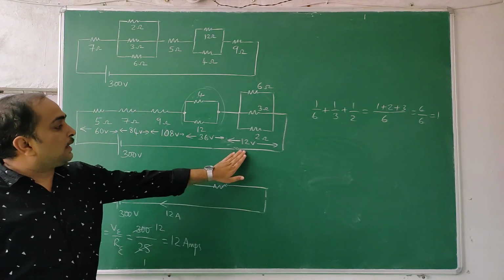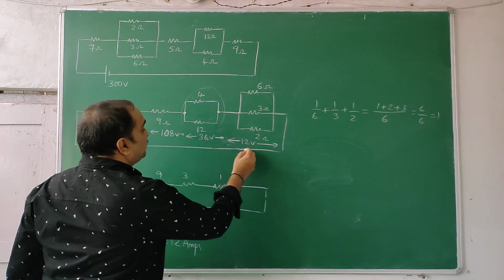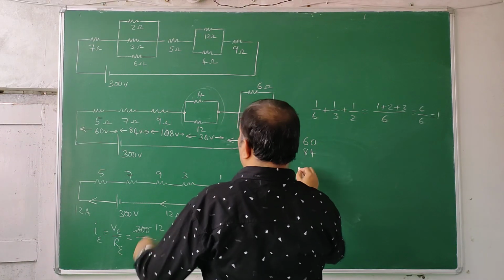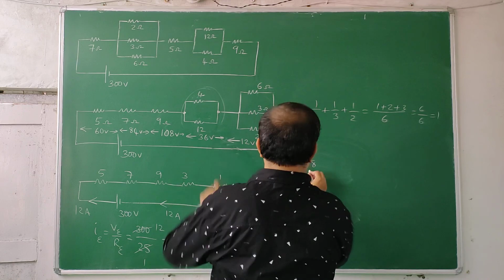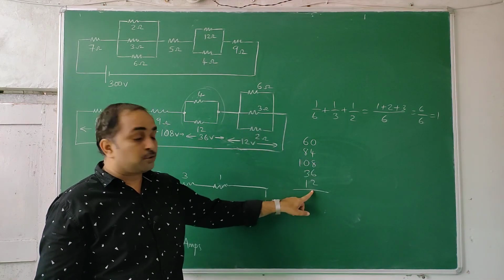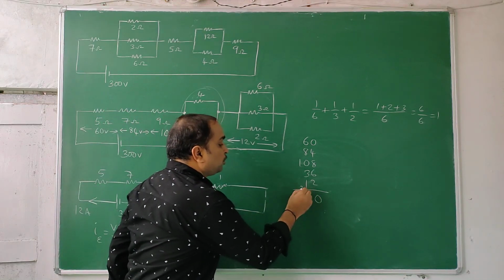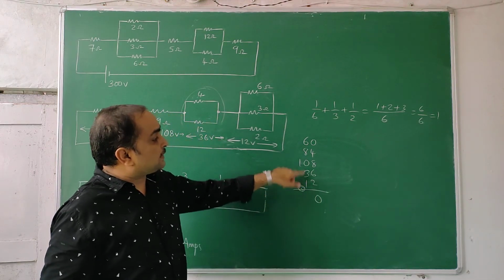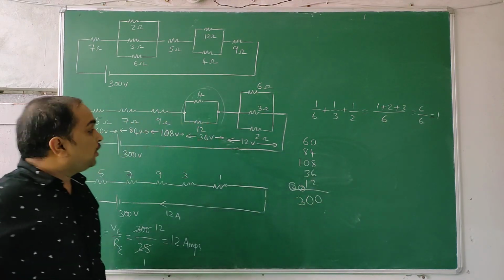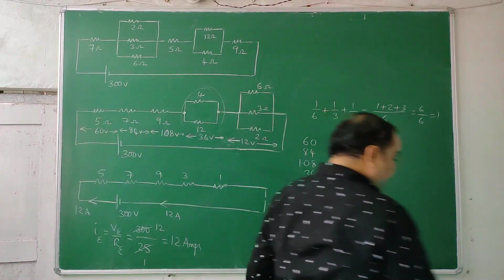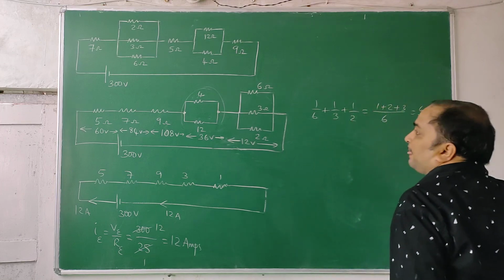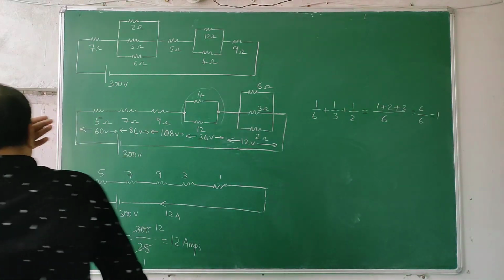Now we might have done it correctly or wrongly, we don't know, but if you add all of this you should get 300. So I'll do it: 60 plus 84 plus 108 plus 36 plus 12. 6 plus 4, 10; 8 plus 2, 10; 20. 0, carry 2; 2 plus 1, 3; 3 plus 3, 6; 6 plus 6, 12; 12 plus 8, 20. 0, 2; 2 plus 1, 3. Yes, 300. So we have not made any mistake till now. This is right. Now there is another way of approaching this.